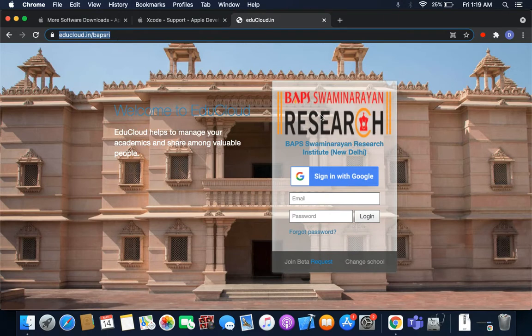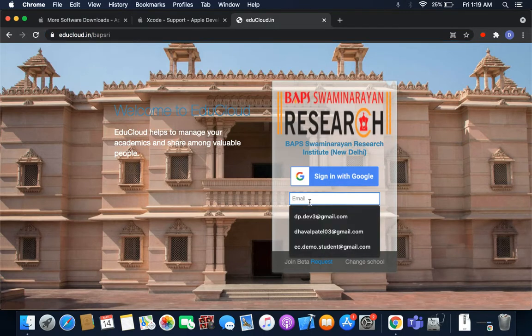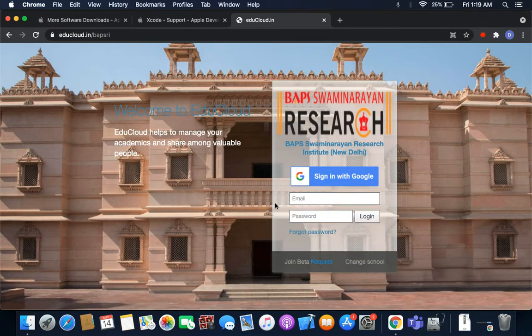When you hit this URL, you will get this login page where you will see the icon and the background. Here we have two options to log in. One is sign in with Google, and the second one is by using email ID and password. The most recommended way to log in is sign in with Google. All the Gmail users and G Suite users should use the sign in with Google option. However, the users who are using Yahoo, Hotmail, Outlook, and other non-Gmail IDs should use the email ID and password option